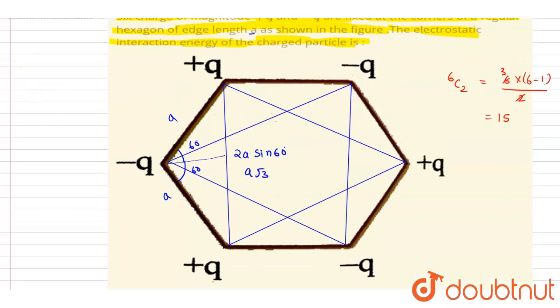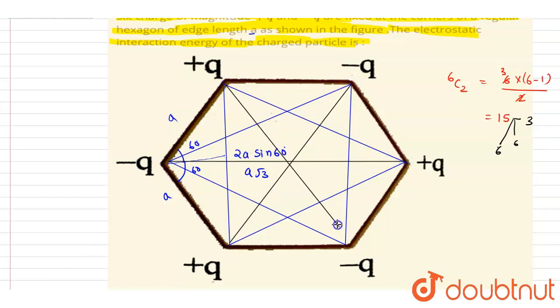Now let's come to the last part. We already have seen the 6 adjacent, 6 next to adjacent. Now we are left with 3. So 3 will form because of the diametrically opposite charges like this. Diametrically opposite, just opposite, like these 3 pairs. If you see the distance between these two, this will be a small equilateral triangle. This length will be A, this is also A, this is also A, this is also A.